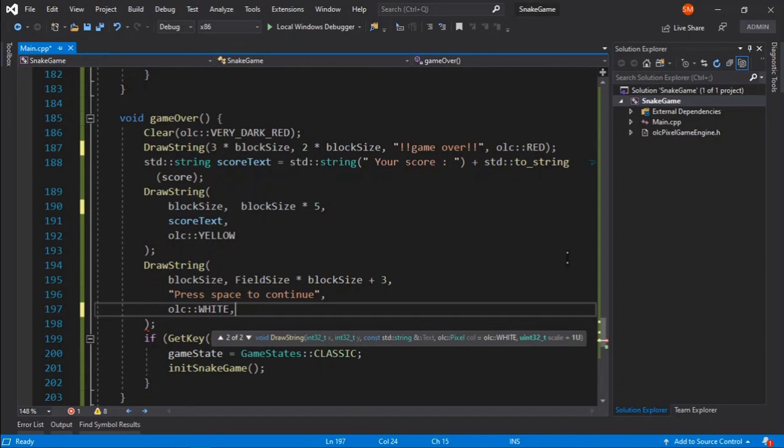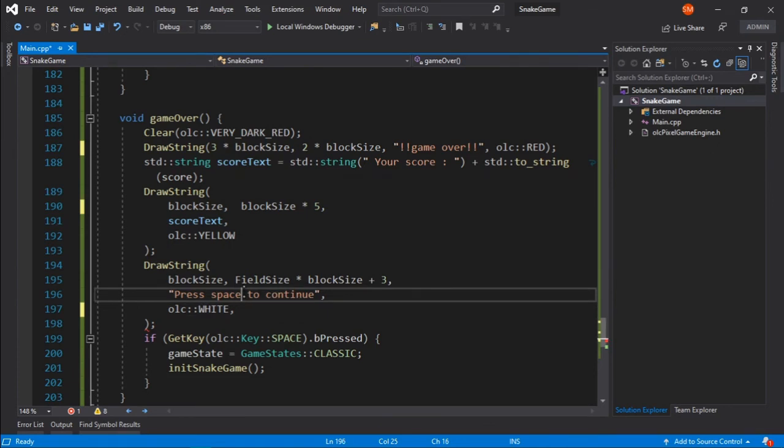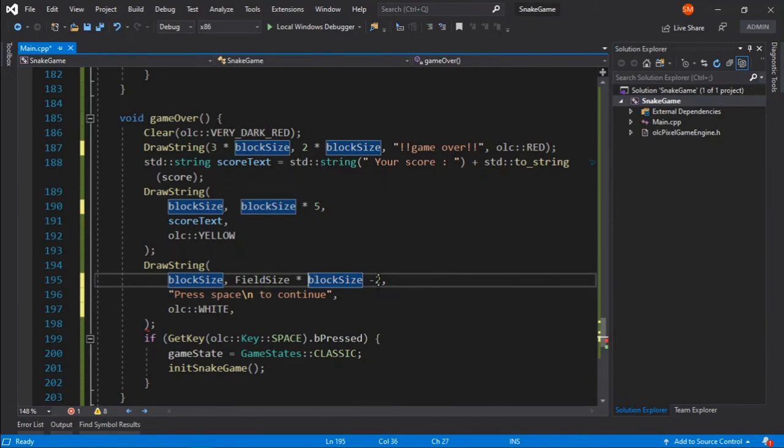By default the scale is 1, and what I want to do is separate this in 2 lines, so I will say space backslash n. I don't know if it's going to work or not, but if it works, I will just put this at block size -2, so it's a little bit up from the bottom.